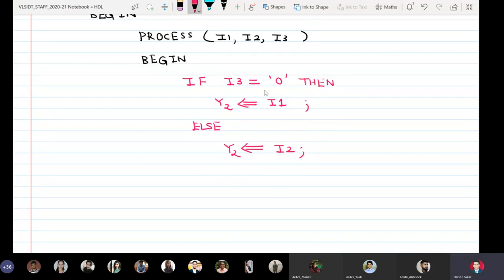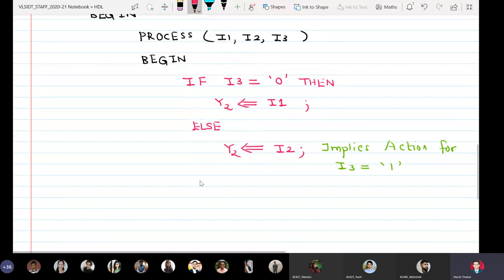So I will say if I3 equal to single tick 0, then y2 is assigned I1, else y2 is assigned I2. So this naturally means that we are speaking about the action for I3 equal to 1.